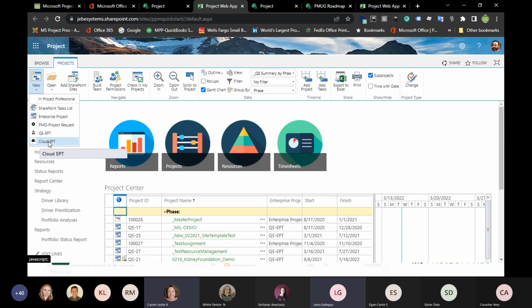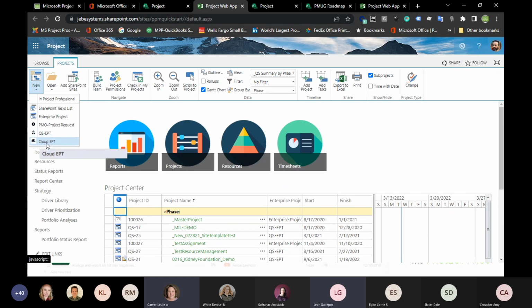So what obviously is different from Project for the Web is when I went to click on the project, it was just a blank project, right? It expected me to just start working on it. The difference is here, these are going to use templates, right? Templates that have already been somewhat built out to help the project manager as they're working through their project, right? So they don't have a blank project, but rather they have a project based on a particular type.